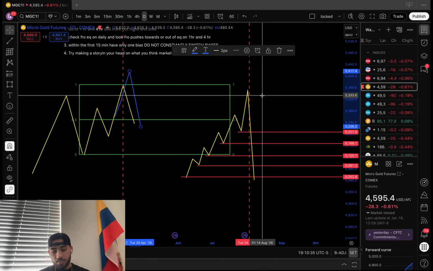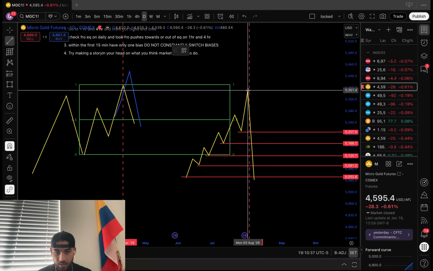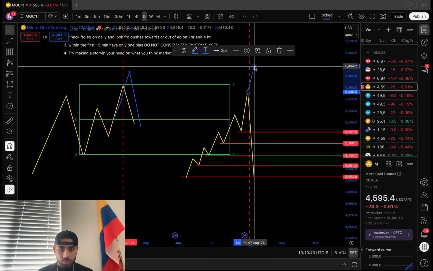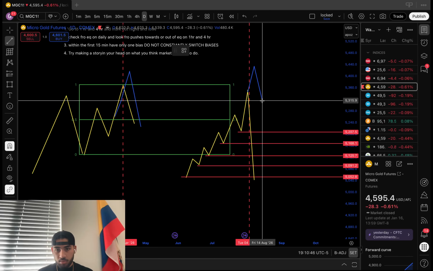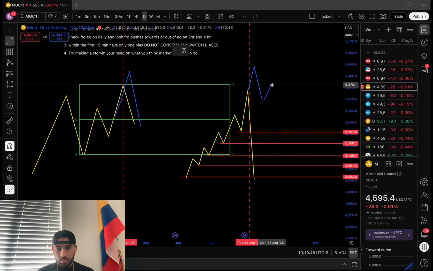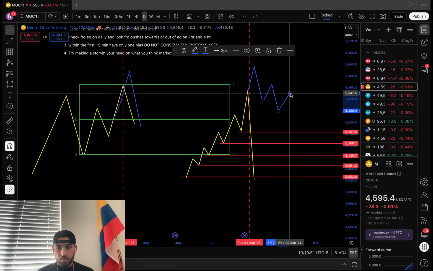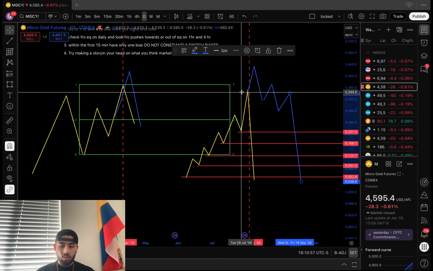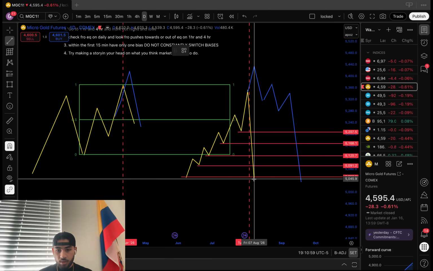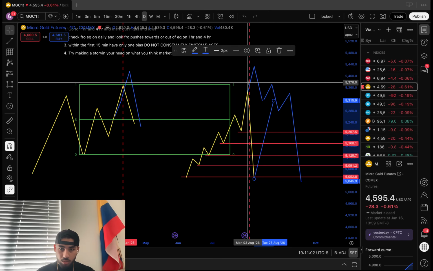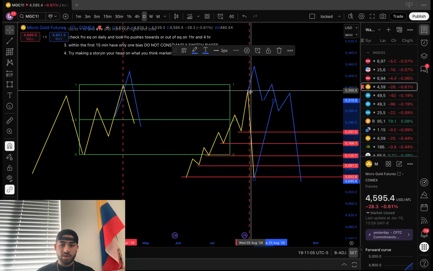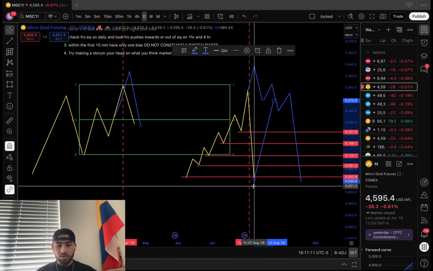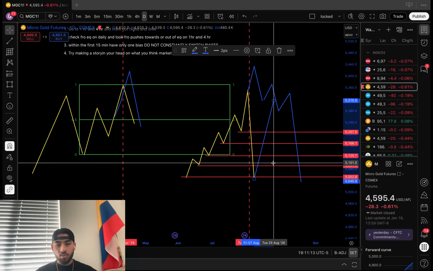That's what I want market to do. And here, let's say it does that. And then I want to see a sweep of the highs, and then boom, boom, flush. So I don't want to see it take out all this trend liquidity right off of market open. I'd want to see it go up slowly but steadily and take out all this liquidity. Or I want to see market come down, dump, take out all this liquidity at once, filling all these buy orders and going right to the upside.